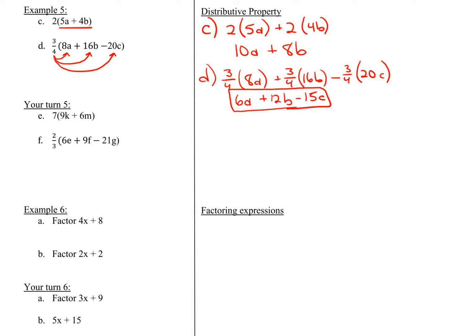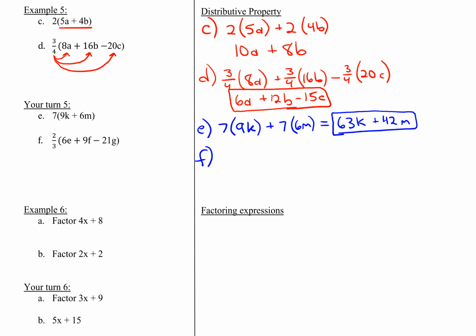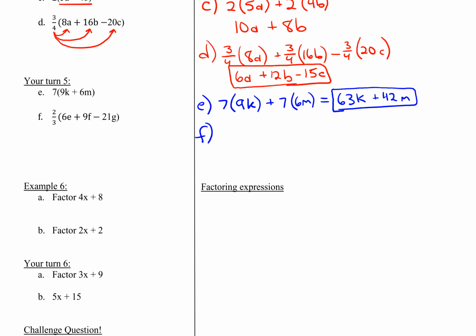Pause the video here and see if you can come up with the answers to your turn 5, E and F. Okay, let's recap. So for E, you're distributing that 7 to the 9k and to the 6m. So you should have gotten 63k plus 42m. And for F, we're distributing the 2/3 to the